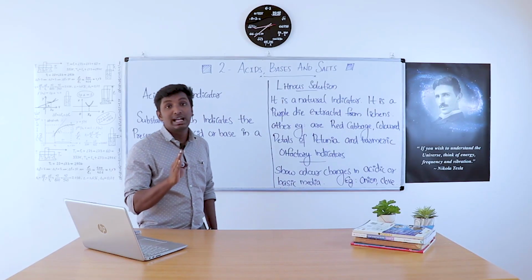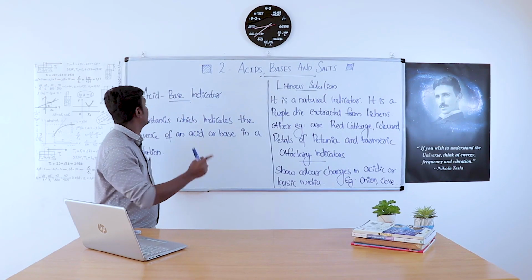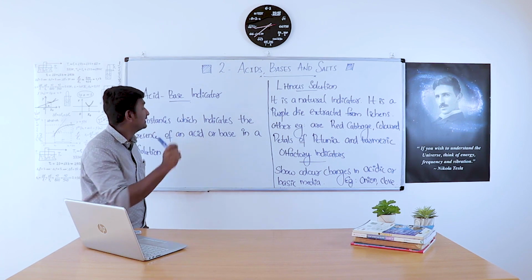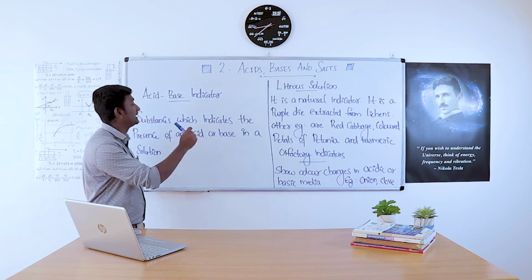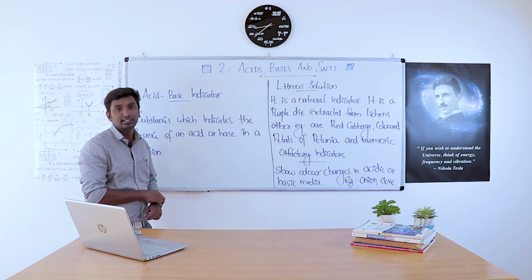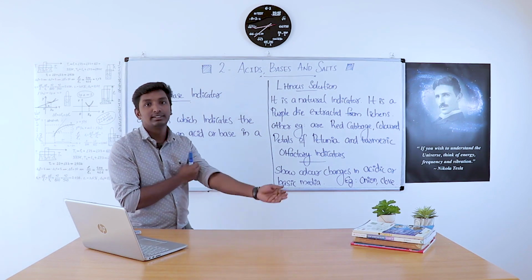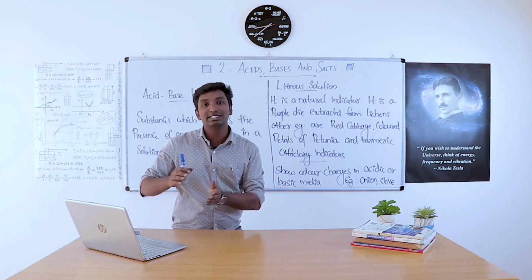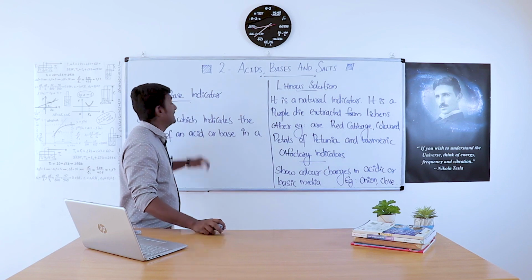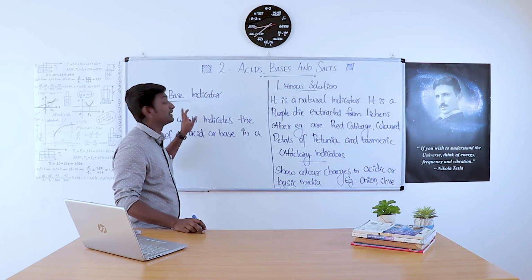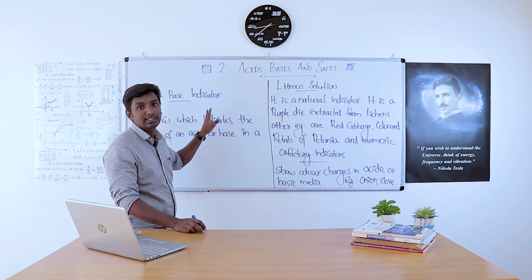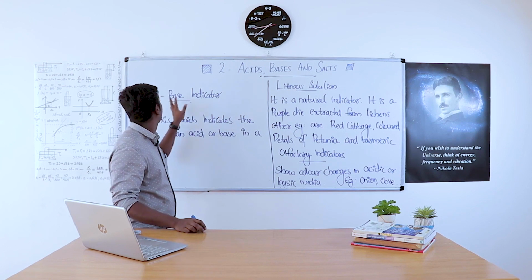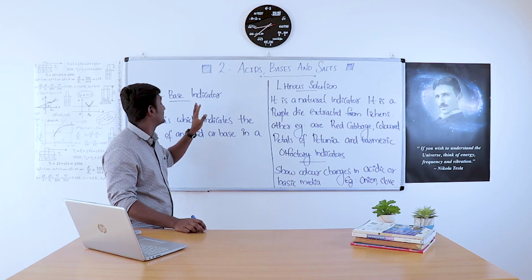What do you mean by an acid-base indicator? An acid-base indicator is a substance which indicates the presence of an acid or base in a solution. So in a solution, to find whether it has an acidic or basic nature, we need an acid-base indicator. With the color change, when we are using an indicator, then we can